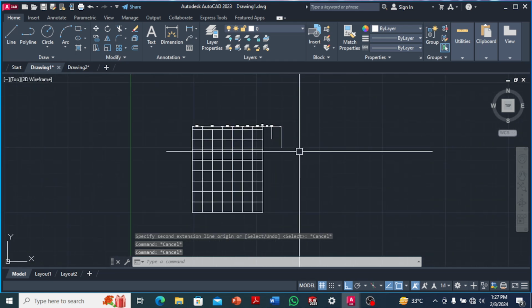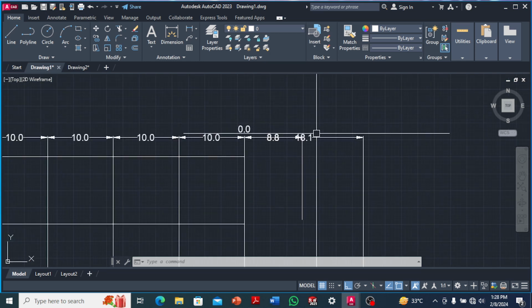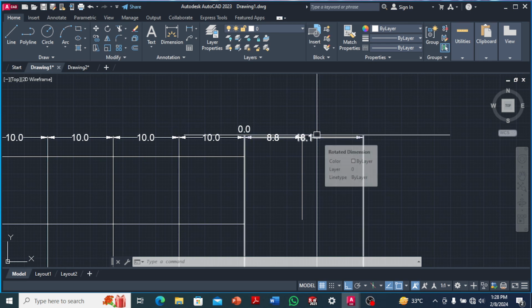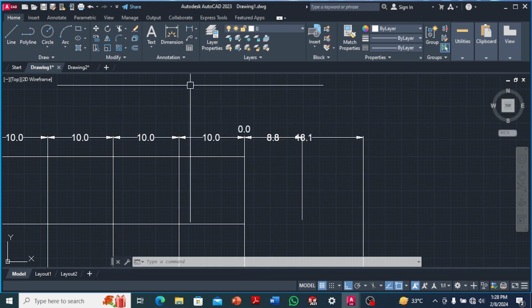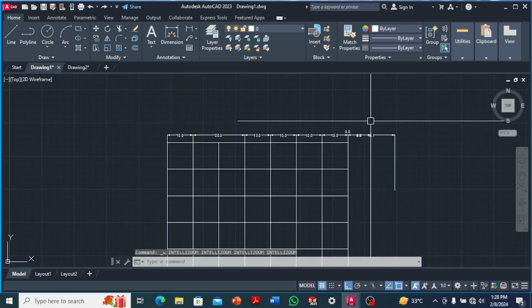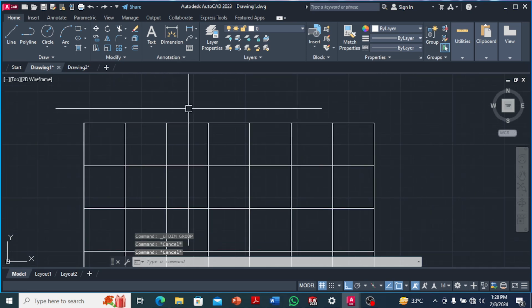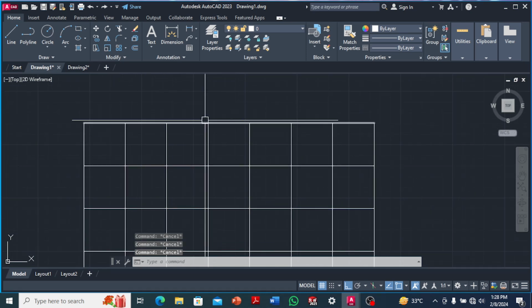So this is actually one of the key features of the new software, like your smart dimension for the latest release of AutoCAD, where it helps you to automatically dimension things very fast. So you don't have to keep on pressing dimension or pressing D enter to dimension an object, and you can do that very easily. And also the other way to dimension things without using dimension for old users,